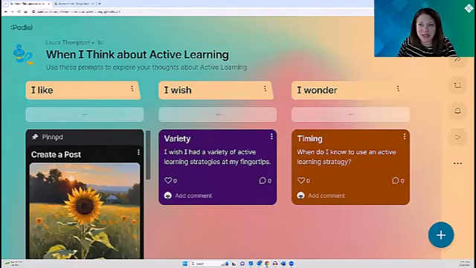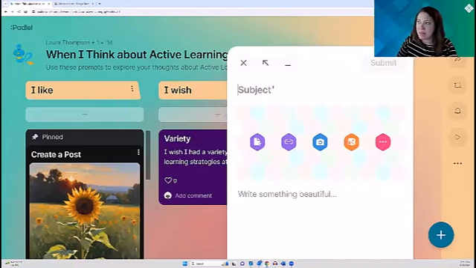And I love that you pinned the instructions. That's really nice that it'll stay at the top so everyone can see that. That's a new feature. I love that. So I want to add I wish, and I can click the plus sign and it pops up with what I want to say. So I like a sentence starter. I wish